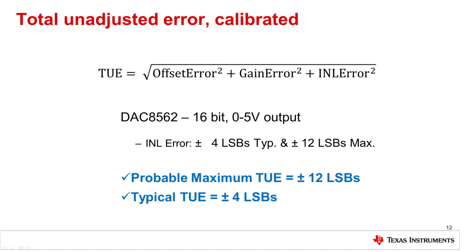Once correctly calibrated, both the offset and gain error terms of the TUE equation are negated, leaving only INL to affect the overall TUE calculation. In this case, it reduces the typical TUE to simply plus or minus 4 LSBs, with a maximum of plus or minus 12. Please note that while this method may introduce about 1/2 of an LSB of offset error because of rounding in the adjusted code calculations, such minor costs from calibrating are generally well worth the result of so dramatically reducing the overall TUE.